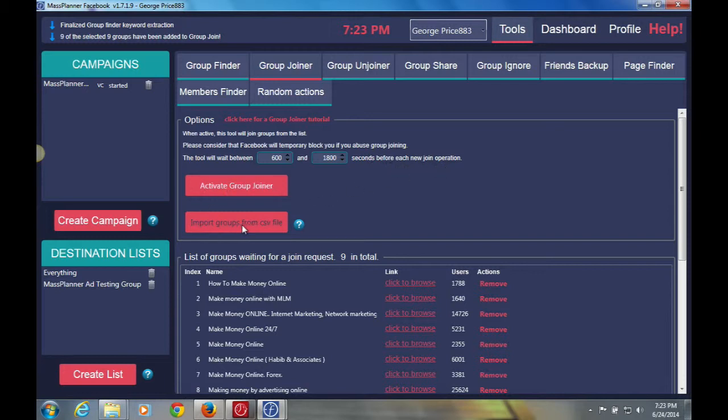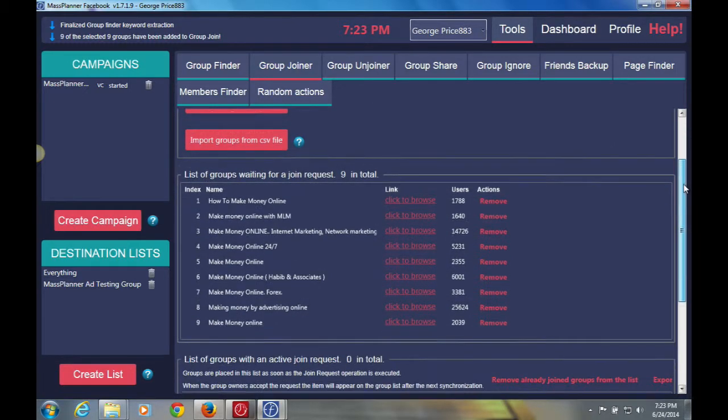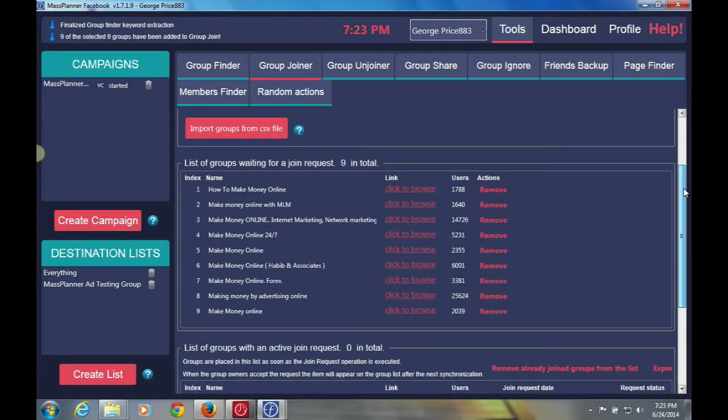Activate group join, import groups from CSV file. Earlier, in one of the first videos, I showed you how to export your groups. This would be the purpose with a new account if I wanted to import the groups. Say, for instance, on my other account, I could actually import those groups. To show you how that would work,